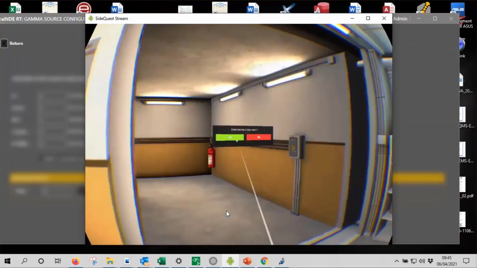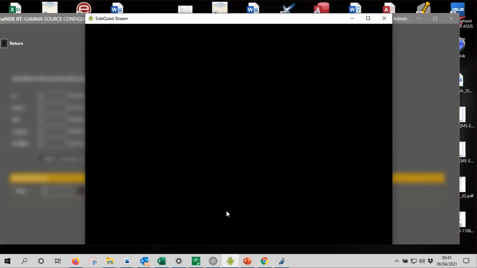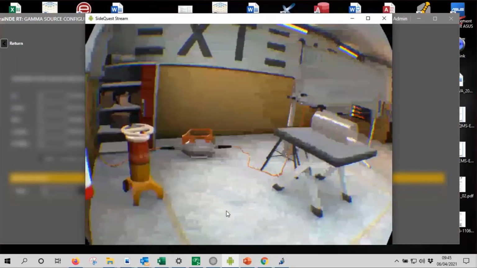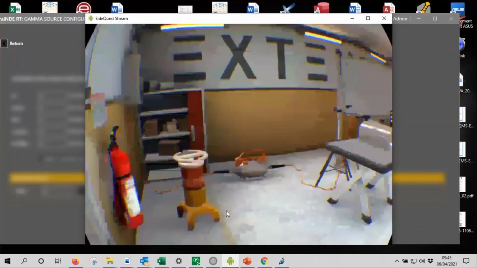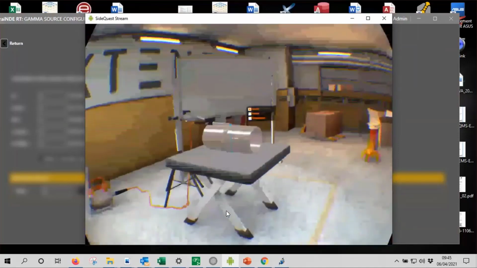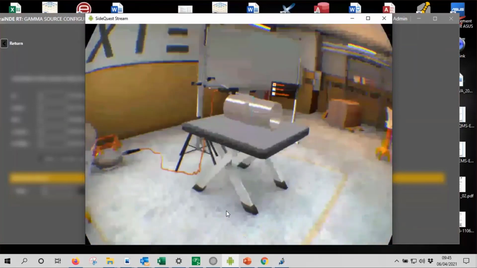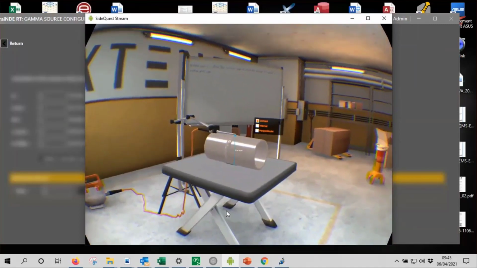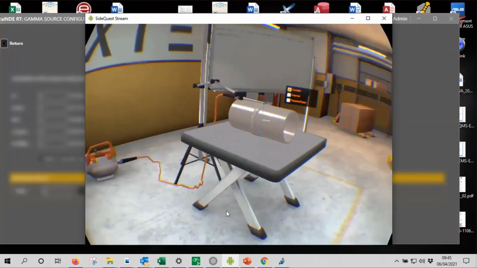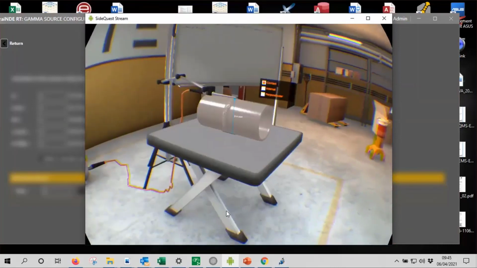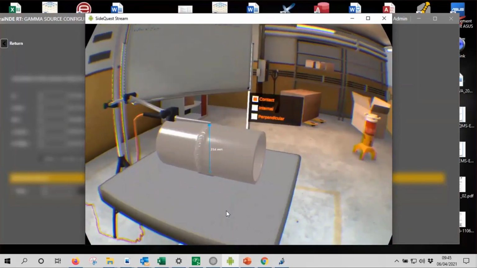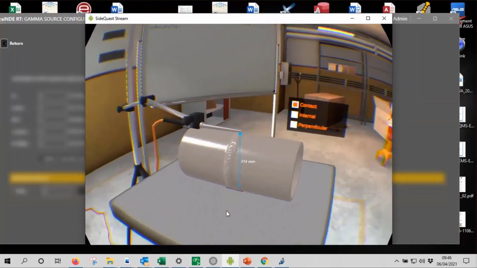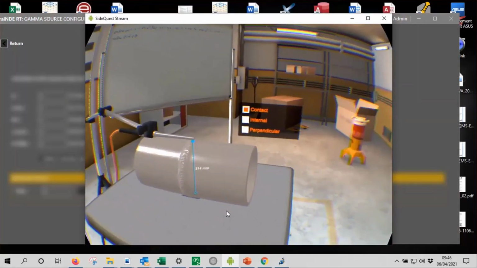So I will go to my X-ray room, and you will see that I no longer have my X-ray tube, but I have my gamma source. Here you can see the iridium 192. The idea is to position the source according to the thickness and diameter of the component, and so on, to respect the standard and to select the best position. You can see here that you also have 3 options in Trendy for this source. Contact: here you can see that my source is in contact. You also have internal or perpendicular.